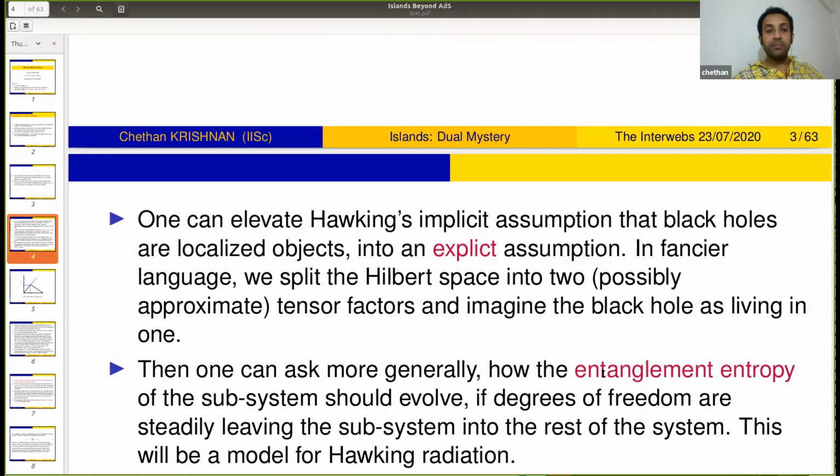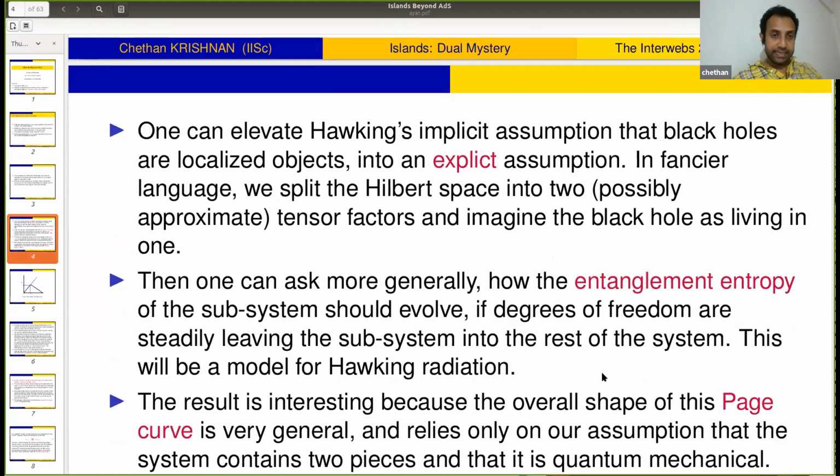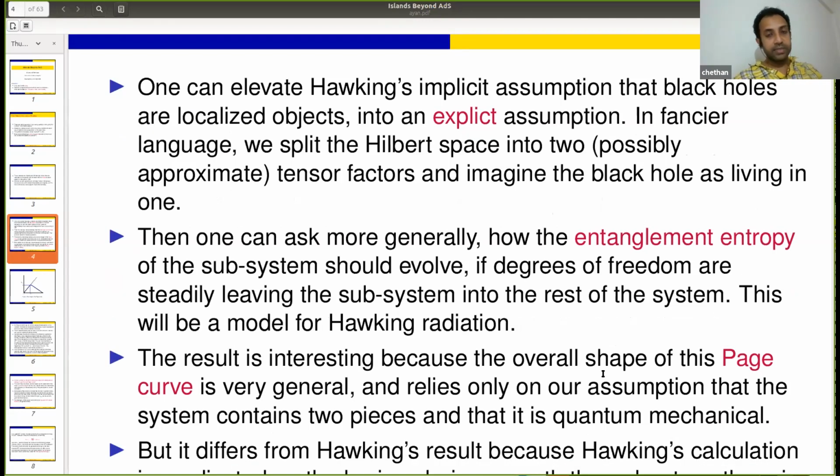Okay, so one thing one can do is to elevate Hawking's implicit assumption that black holes are localized objects into an explicit assumption. One of the ways in which you can make this problem a little bit more concrete is to make this into an explicit assumption rather than an implicit one. What that means effectively is that you split the Hilbert space into two. You assume that the Hilbert space can be split into two approximate tensor factors, and imagine that the black hole is living in one of them, and then the radiation is